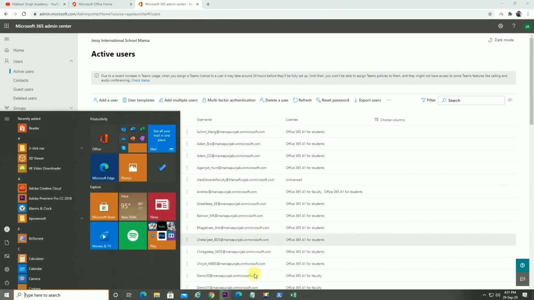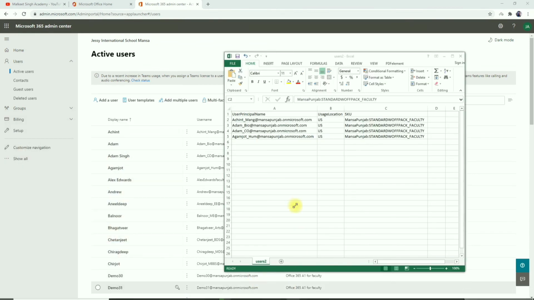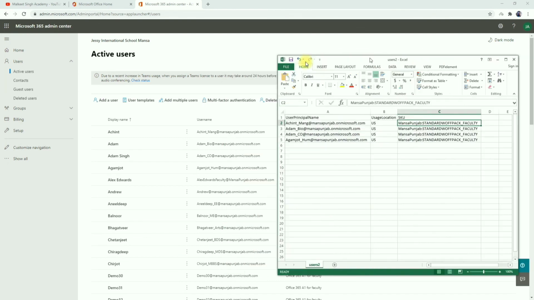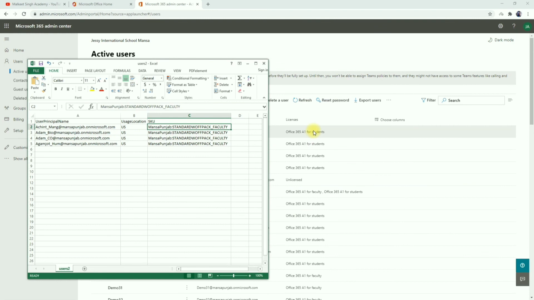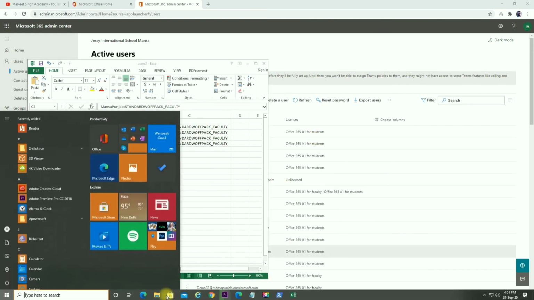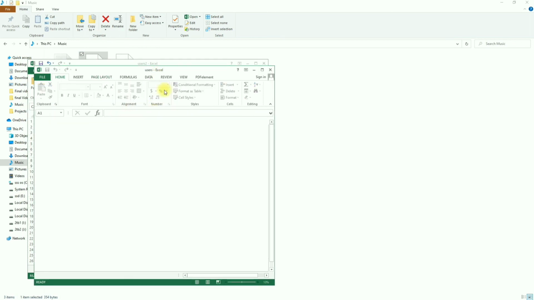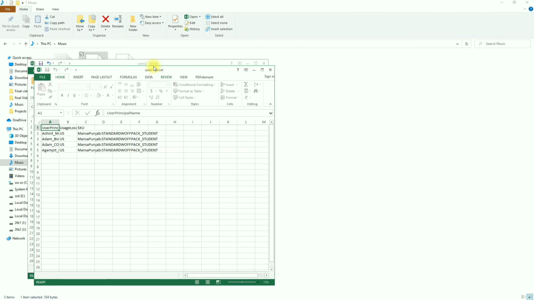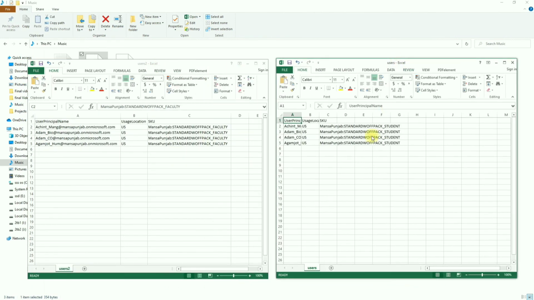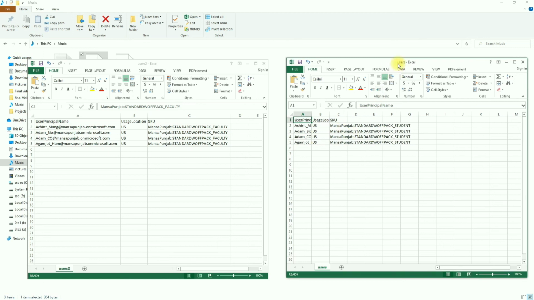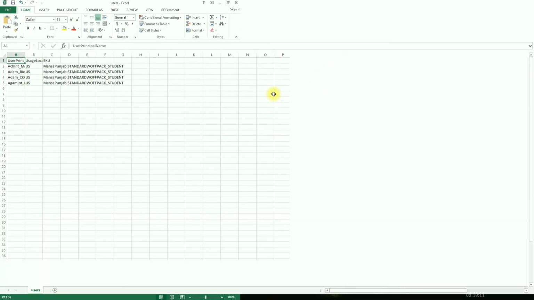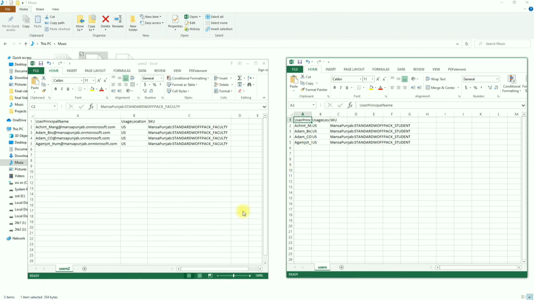I know it is a little bit tedious. So you have to create a second user file from which you are going to remove the licenses. We have removed the faculty licenses using this file, and for the users in the other file we are going to assign the licenses. So this is how you can do bulk licenses. You can use any type of users, any number of users. This is for 4 users, but you can use it for 400 or 4000. Any number of users you want.